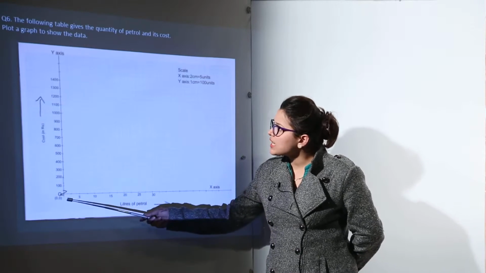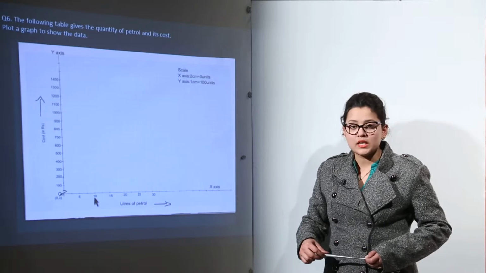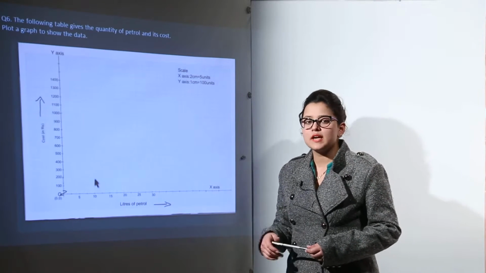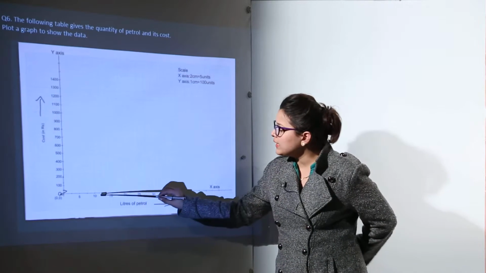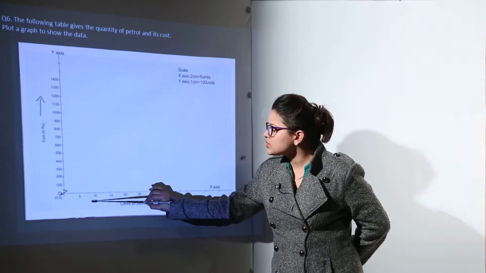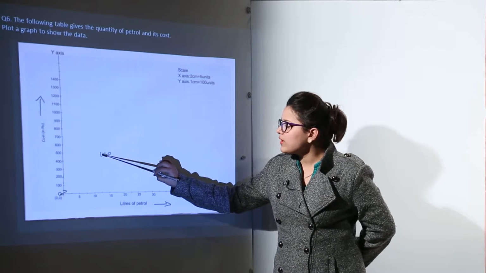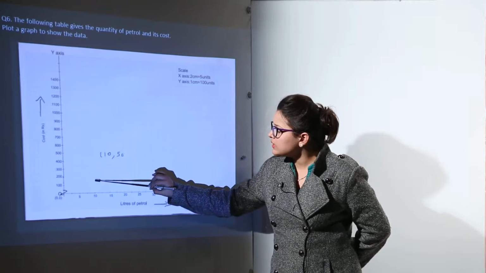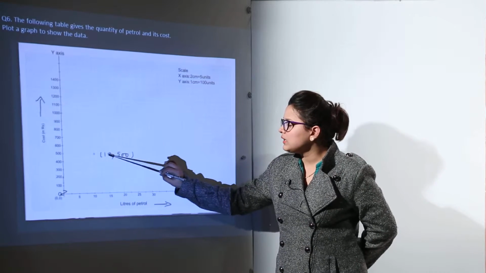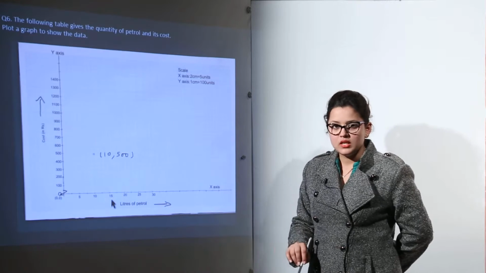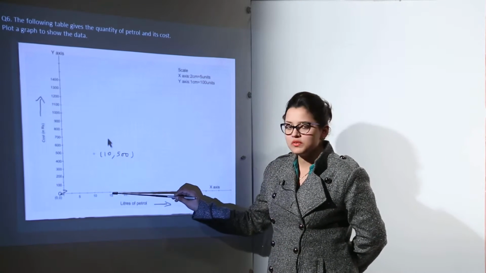Now we shall start with plotting of the graph, right? Whatever points were given to us, we will start side by side. Let us say the first point given to us was for the 10 liters of petrol. What was the cost of 10 liters of petrol? It was exactly 500. So we started from 10 liters of petrol and we reached 500 to mark this point 10, 500. Similarly, we will mark the next point that was on 15 liters.